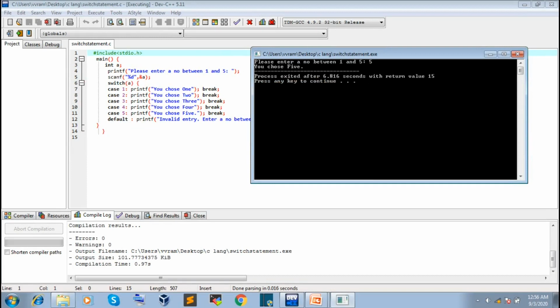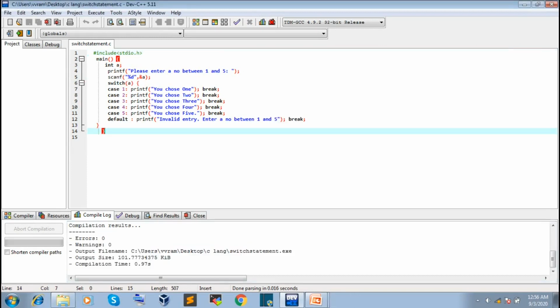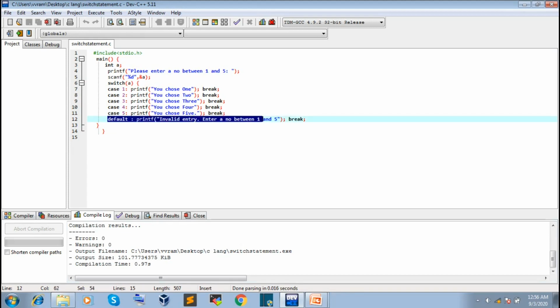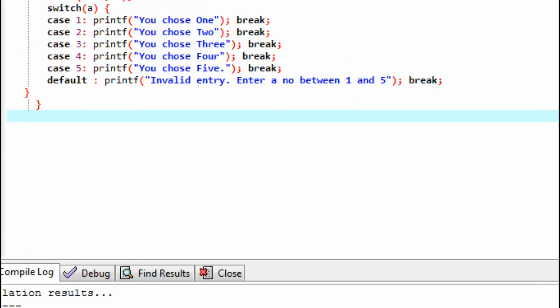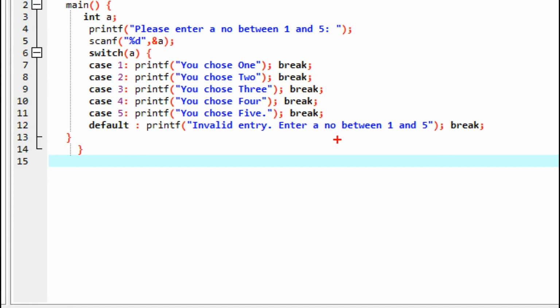Okay, right now I want to show something else. See here what I want to convey: if we give a value other than 1 to 5, it will execute this default: invalid entry, enter the value 1 to 5.